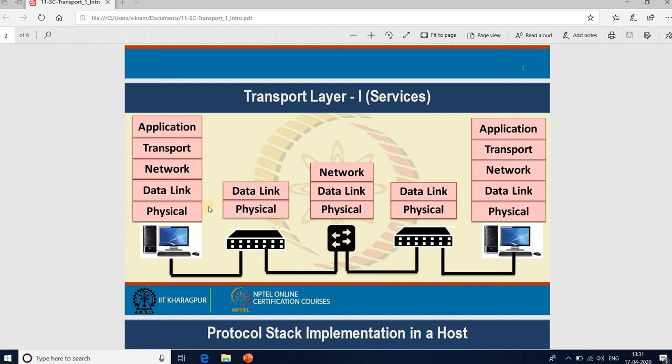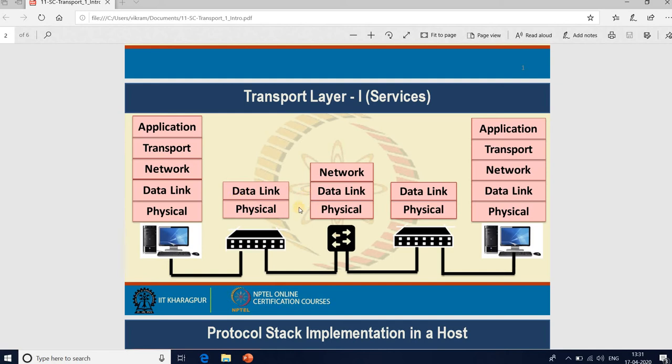Now the intermediate devices may not have all these 5 layers. For example, in the network you have devices which we call a layer 2 switch. The layer 2 switch has a protocol stack up to the second layer.